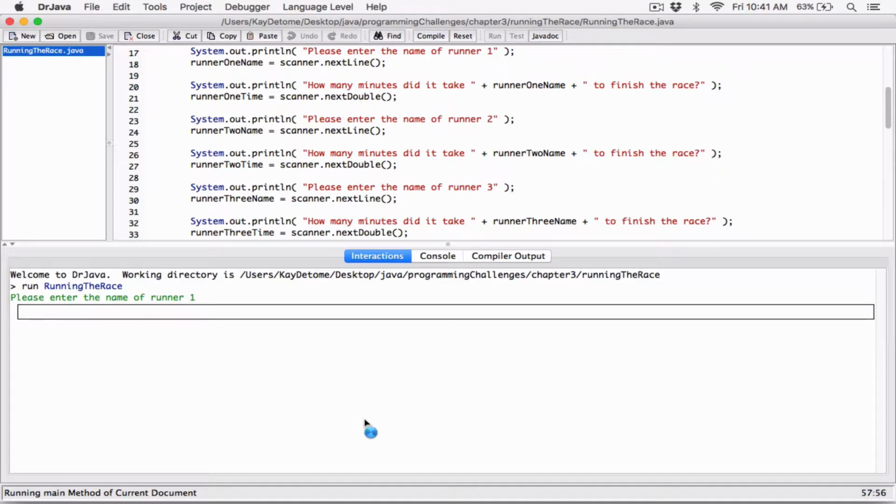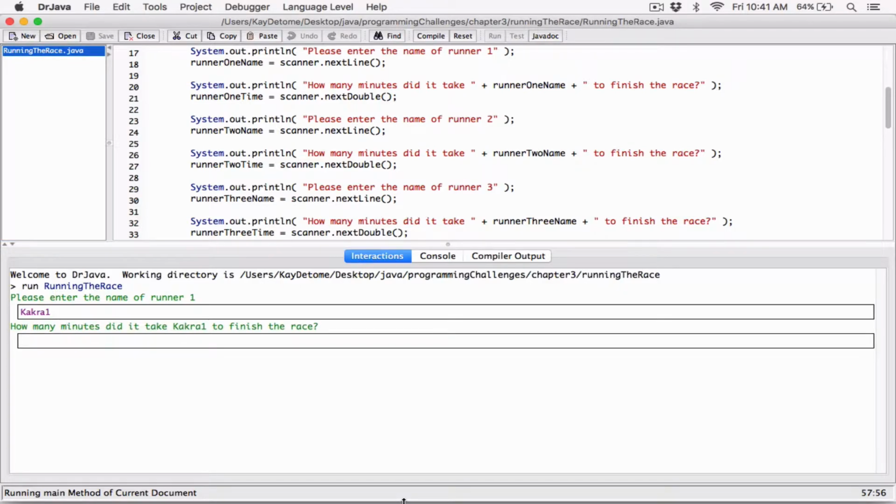Okay, so please enter the name of runner 1. I'm going to enter my name. I'm going to enter Kakra, and I'm going to put 1, so we know Kakra 1, so we know that that's runner 1. And I'm going to hit enter, and it says, how many minutes did it take Kakra 1 to finish the